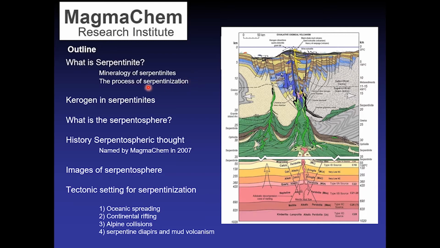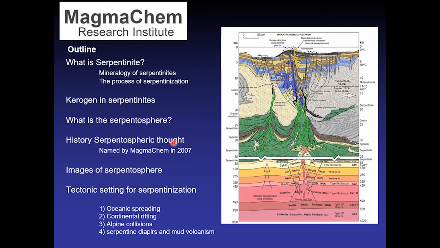Then we'll look at how the process of serpentinization proceeds and why the physics of that are important to the liberation of the plume products that serpentinization winds up making. And to keep going with the initial theme of this whole webinar, we're going to bring kerogen in and see how important it is to serpentinization and how effectively you expand the kerogen molecules about 10 to 100 times during the serpentinization process in something called the Serpentosphere,